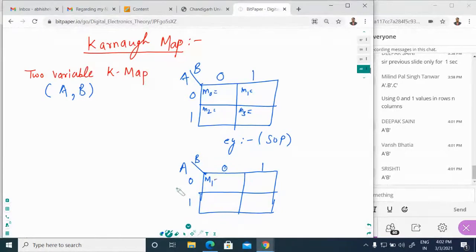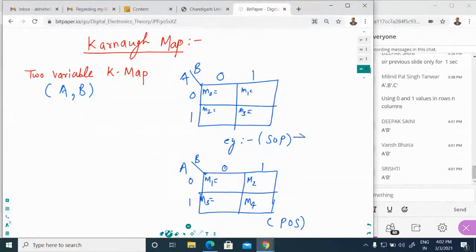And if you want to represent the max term, how can you represent it, M3 and M4? Quickly, this is the SOP form, this is your POS form.